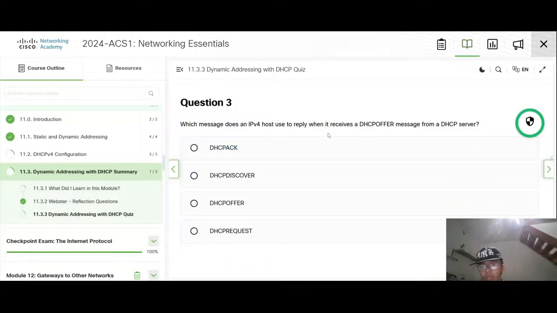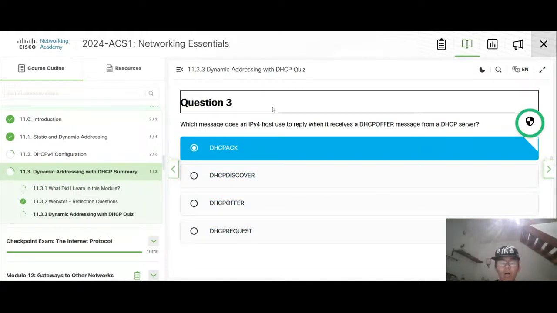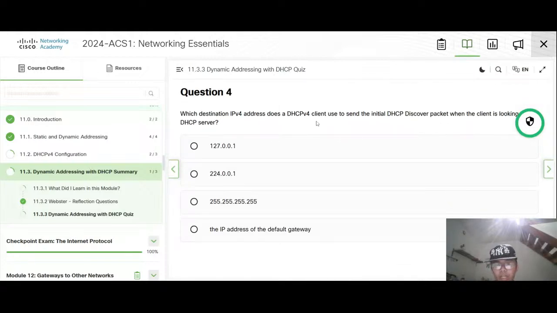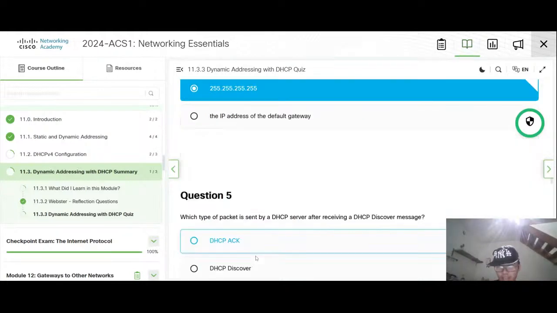Used to reply when it messages an IPv4 host. The host is what we do. Probably the DHCP server. What we do, we will try the host. The DHCP server will acknowledge. Okay, client discover is broadcast.